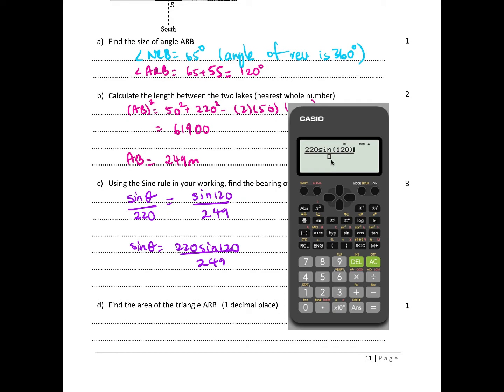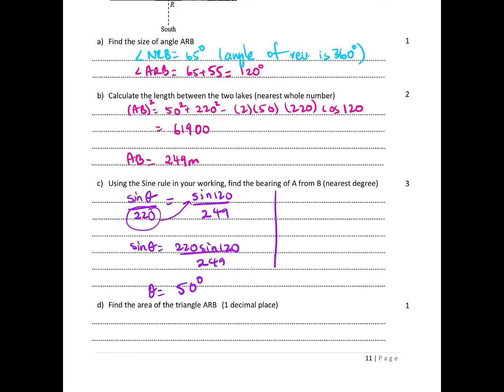So this 220 on the left hand side here is being divided, so on the right hand side it will multiply as it comes up. Plug that in onto your calculator, find the inverse, and you get, alright, that's that there on the calculator. I need it to the nearest degree, so that's 50 degrees to the nearest degree. So therefore your bearing is going to be 180 minus 50 plus 65 degrees, which is